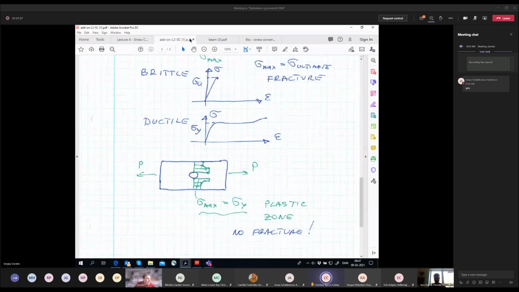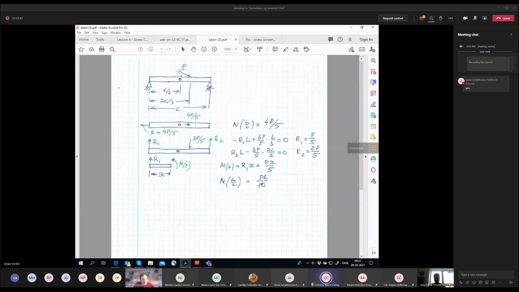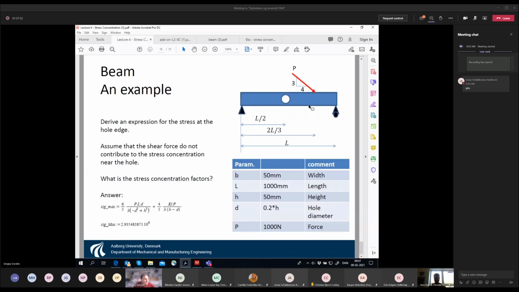Got a quick question, Sergey, before you carry on, if that's all right. Yes? That little hole you've drawn in the middle, that's irrelevant in this assignment, I take it. So the hole is in the middle because this is how the problem is formulated. Yeah, but your calculations, if you go back to the... My calculations,